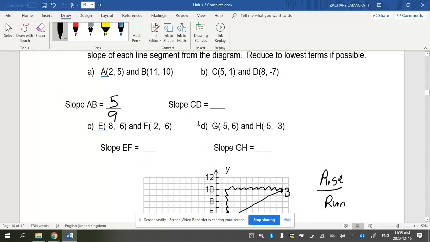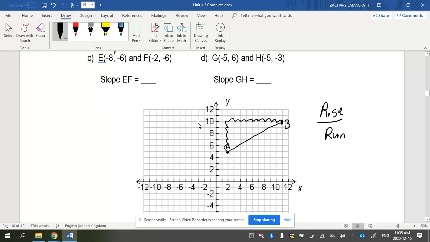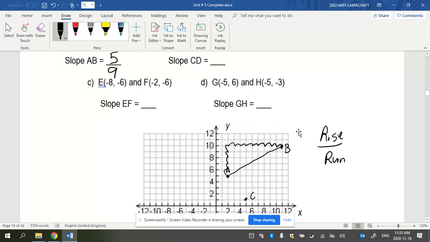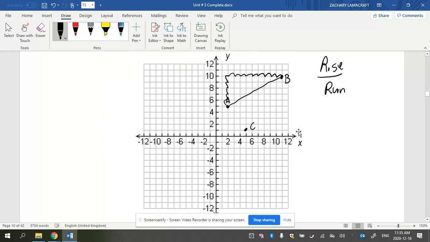Our next one is C. Point C is 5 and 1. So let's do that right now. 5 on the X and 1 would be right there, which is C. And D is 8 and -7. So 8 and -7 right there. So that would be D. If we connected those two,